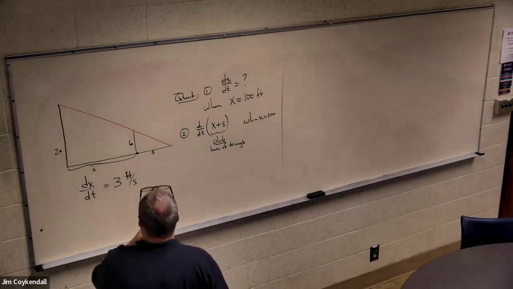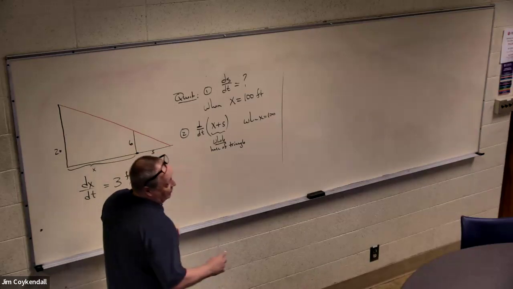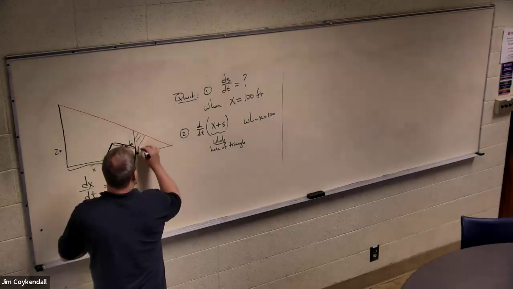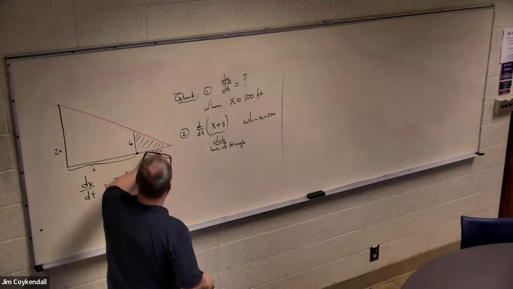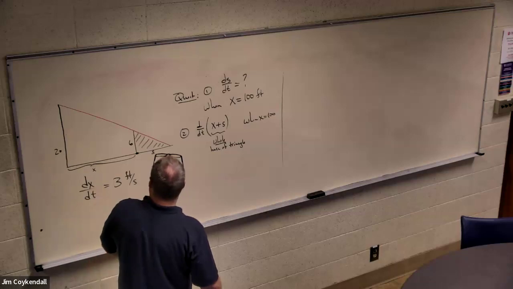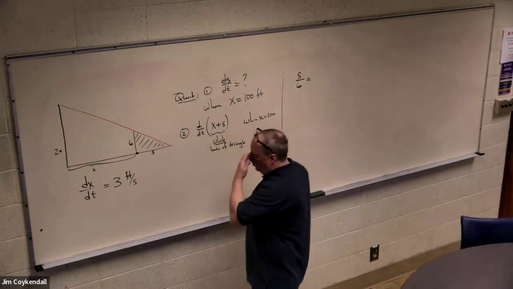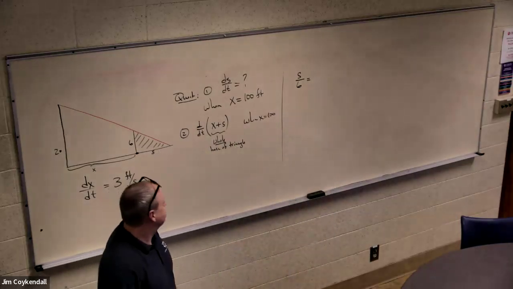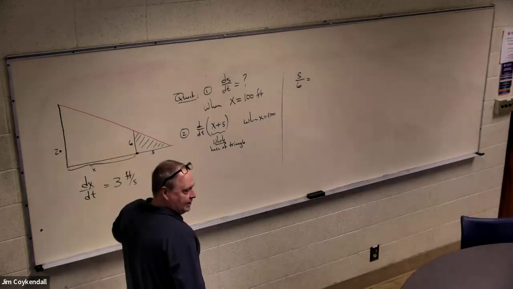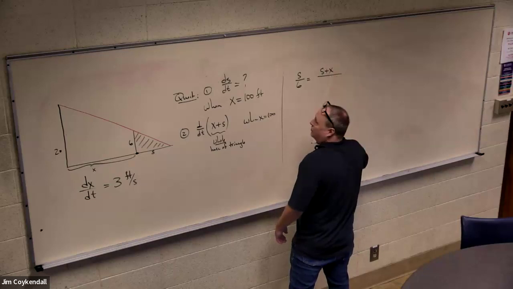Now, I don't have a lot of information on the length of this, but I do see some similar triangles. You all see similar triangles here? Notice the triangle formed by this person and the shadow is similar to the entire triangle. Everybody agree with that? So if I went s is to 6 as what? S plus x is to